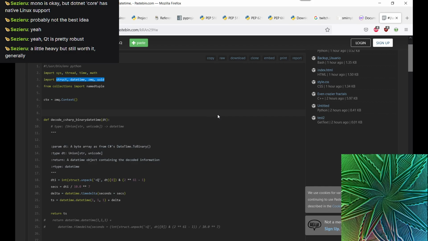Yeah, a little heavy. Compared to non-GUIs, everything that has a user interface is heavy. But I did like this Remi library with which I implemented this overlay. That was really quite nice because I don't like writing HTML.